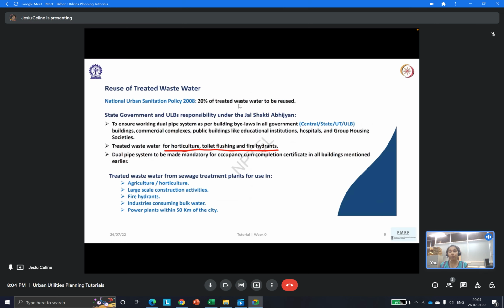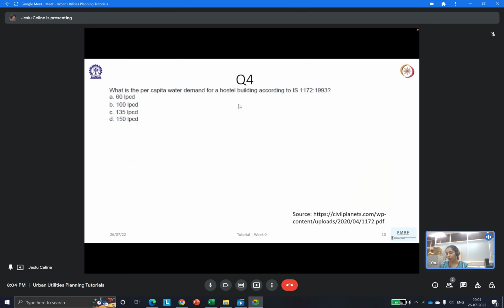And now we move on to the next question: what is the per capita water demand for a hostel building according to IS 1172 1993? So what is IS 1172 1993? Basically, IS stands for Indian Standard Code. Any Indian Standard Code